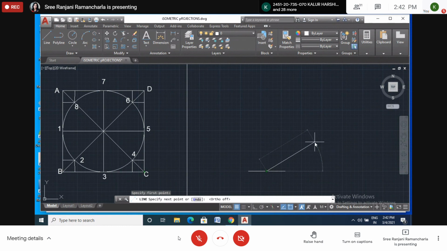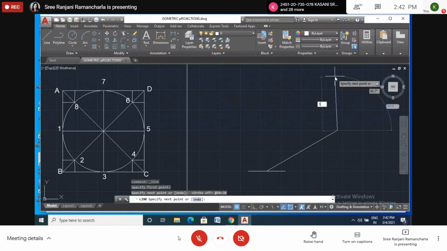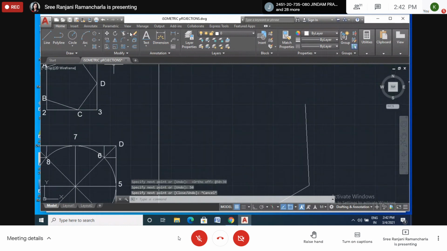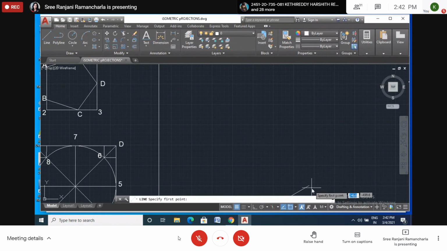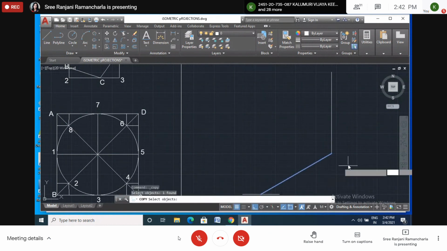So at the rate 50 less than 30. Okay. So this one is vertical, 50. Enter. Now instead of this one, I will copy this line.